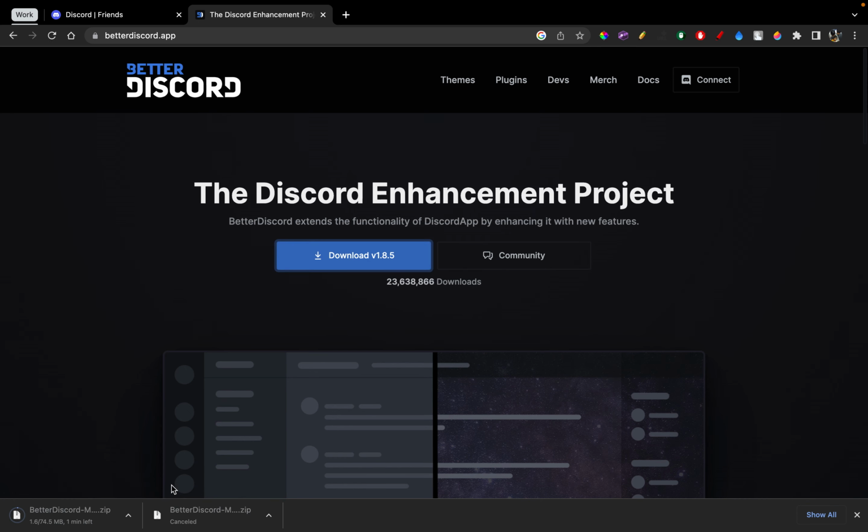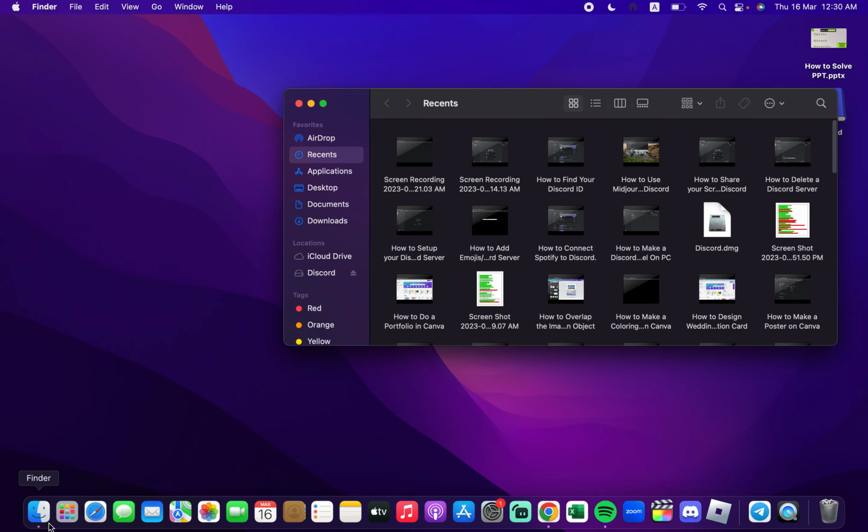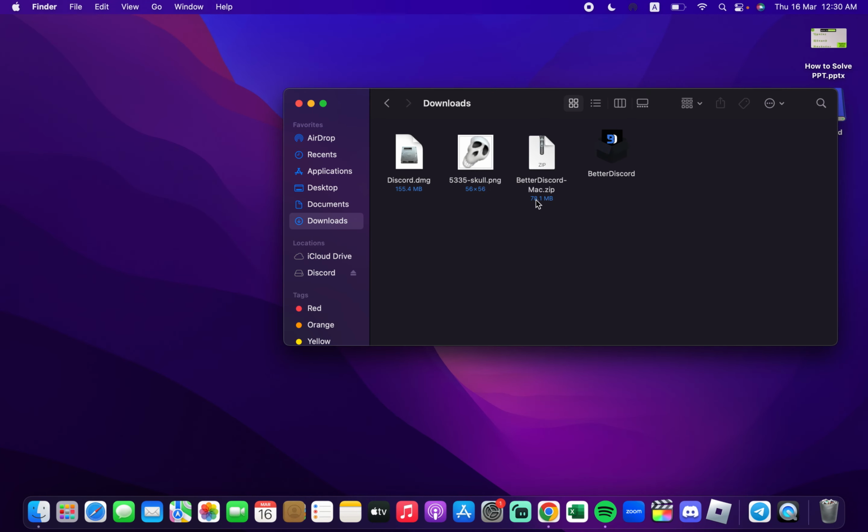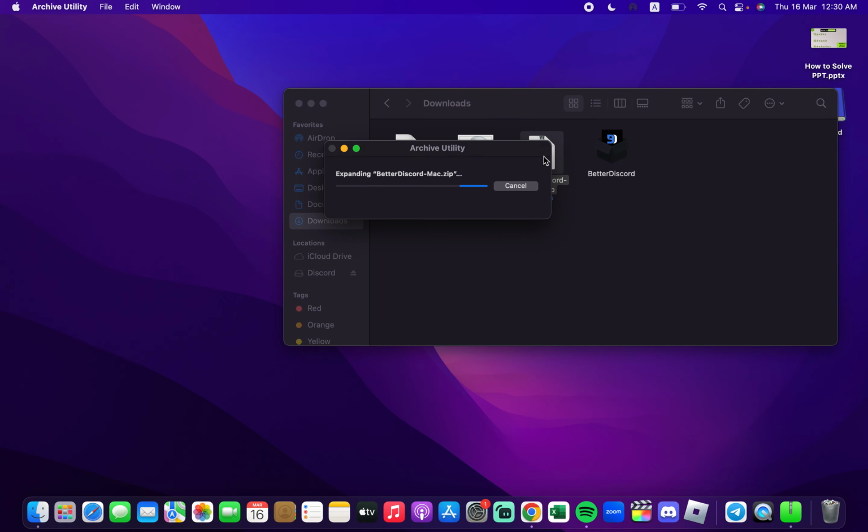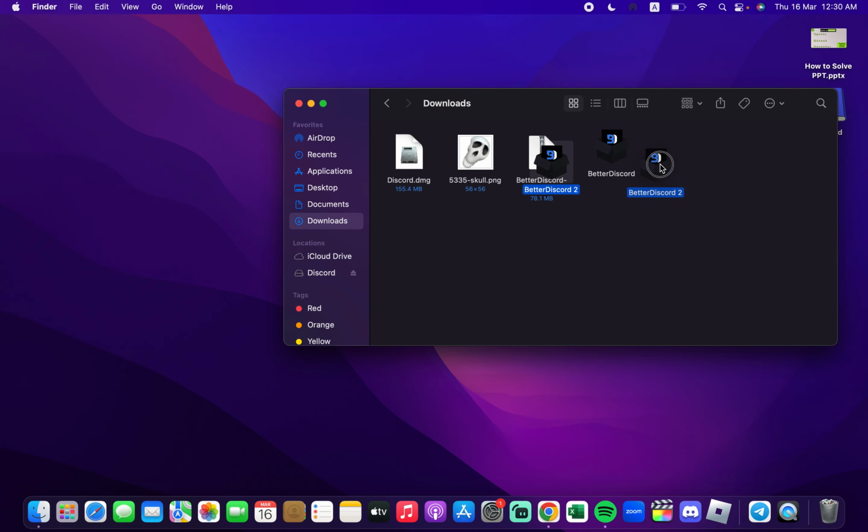Once you click it, it's gonna start installing the Better Discord app. But in my case, I've already downloaded it, so I'm just gonna cancel this and show you the next step. You're gonna go to your Finder, Downloads, and this will be your file. You're just gonna double click on your file and it's gonna give you a package right there. So you're just gonna click on your package